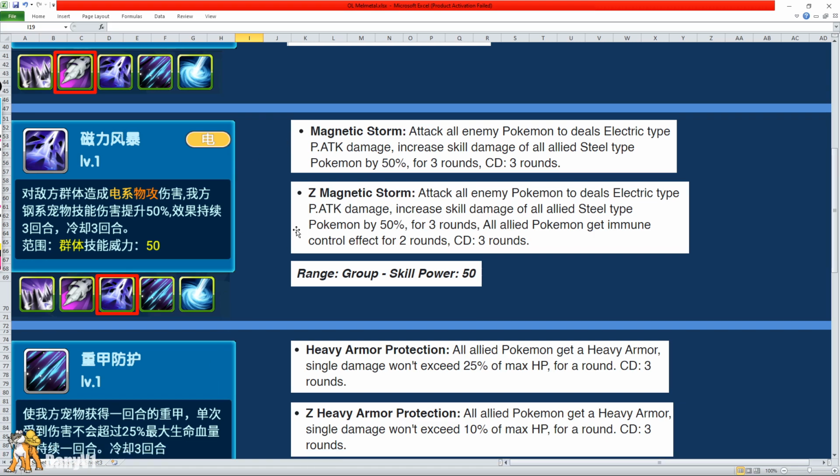Looking at skill number 3, Magnetic Storm, attacks all the enemy Pokemon to deal electric type physical attack damage and increases the skill damage of all allied steel type Pokemon by 50% for 3 rounds. So it's a damage increase of 50% for 3 rounds. It's not the physical attack increase, it's not the skill power increase, it's skill damage increase, which can be different. And this means that if you have a weather buffer like Steel Arceus that increases your skill power by 100%, this guy will buff on top of it and increase your skill damage as well by 50%,